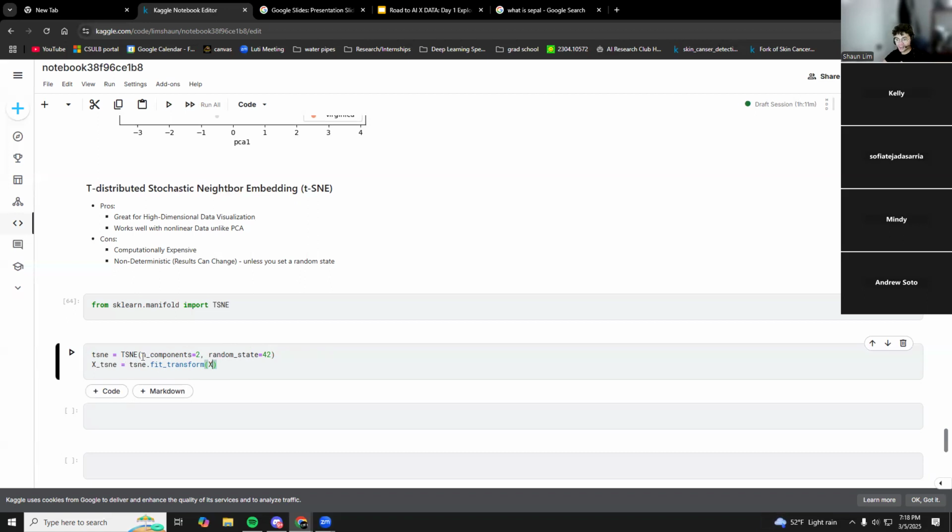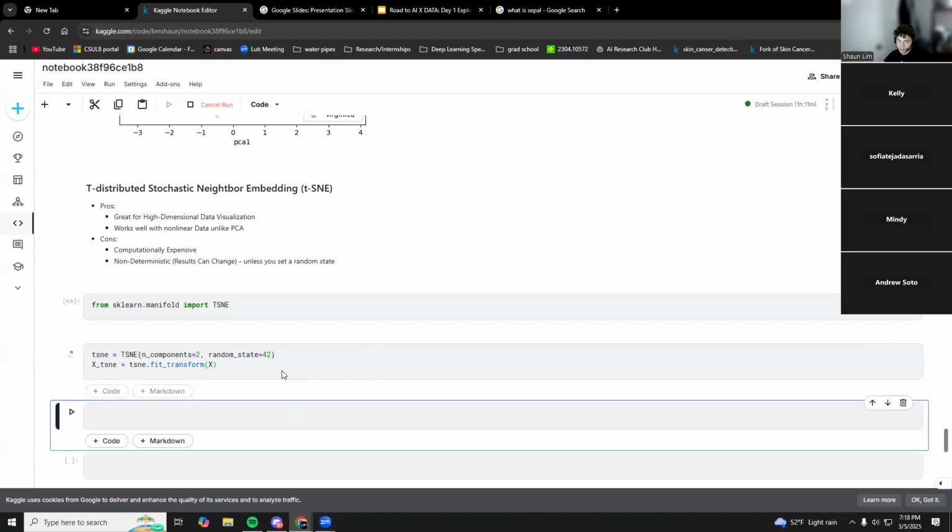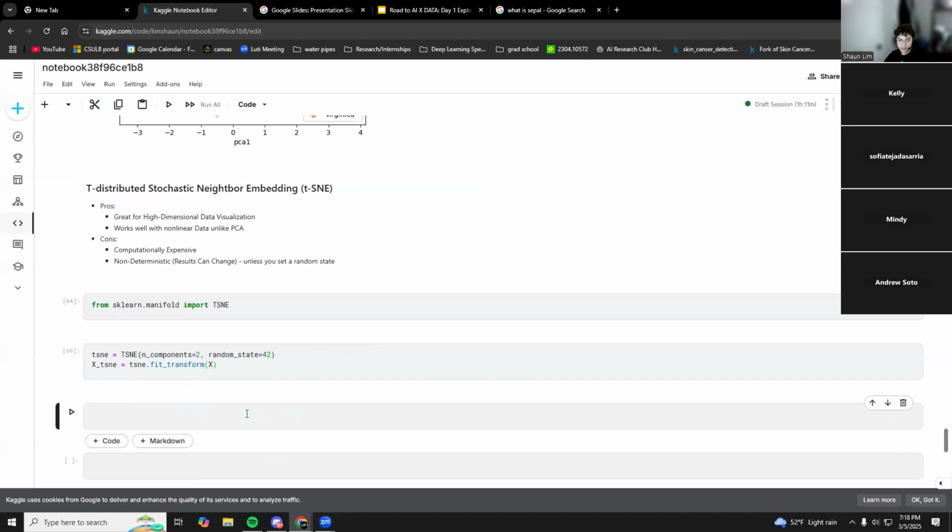So again, it has n_components just like PCA. It's really similar to PCA except it's better for nonlinear data. And so we're going to do kind of the same thing. I'm going to run that really quickly. Kind of the same thing that we did earlier, except now we're going to do TSNE. So there's going to be df column TSNE1 is equal to now this X_tsne,